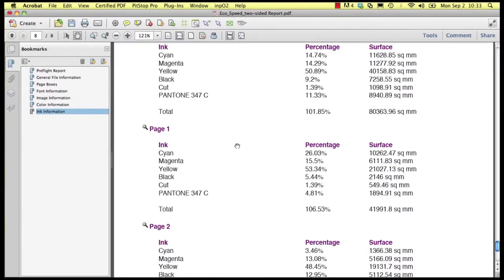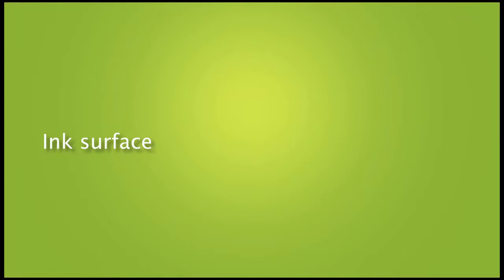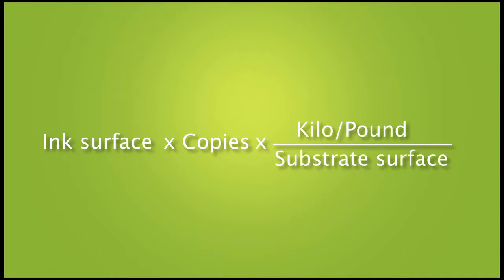The usefulness of this feature will be immediately clear to those of you who are in the printing business. When you know the surface area covered by a specific ink, you know the number of copies that need to be printed, and you know the size of the surface you can print with a certain amount of ink on a certain substrate. You can quite easily calculate how many pounds or kilos of ink you will use for the